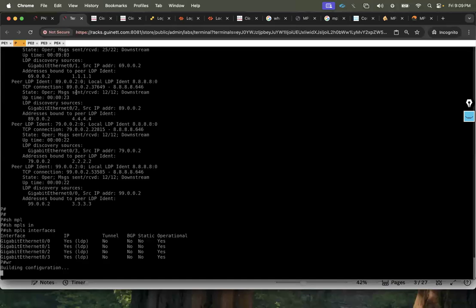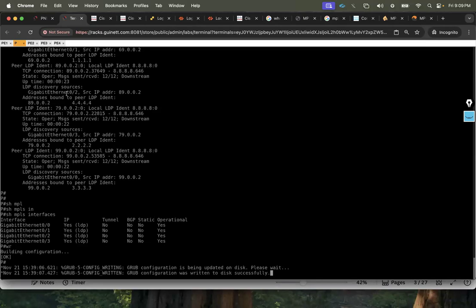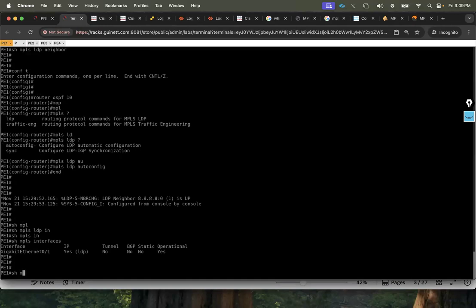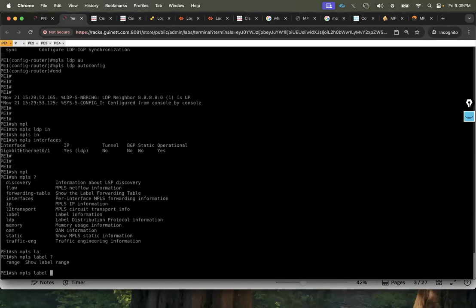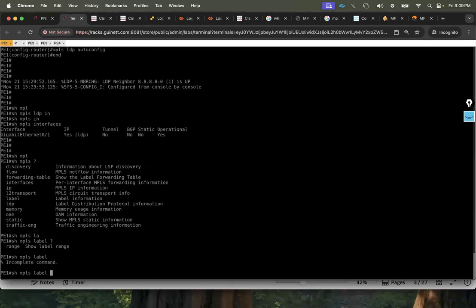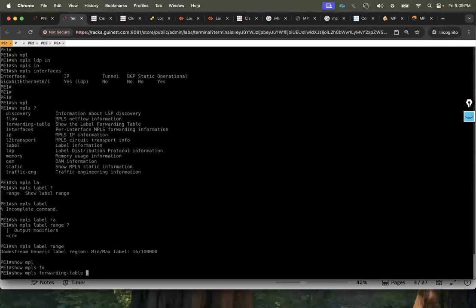Okay, so we have done this MPLS enablement on all the routers. Now we have the end-to-end labels that are going to be put on the routers. If I go and check here, MPLS, you can check the labels. Let me check the range. Okay, this is the range, with a minimum and a maximum. And if you check show MPLS forwarding table,